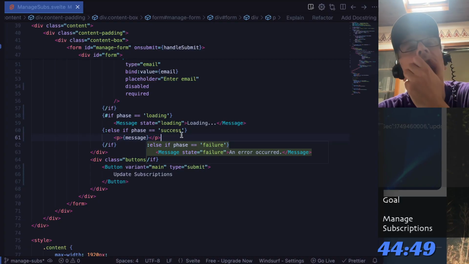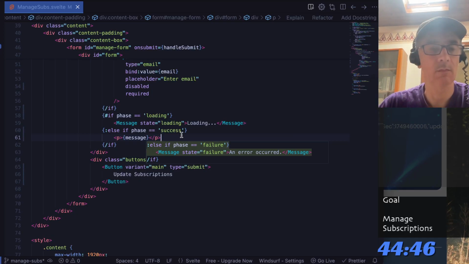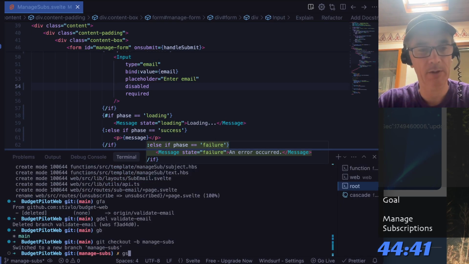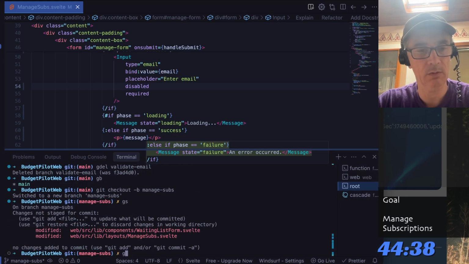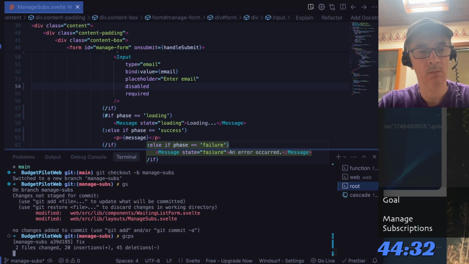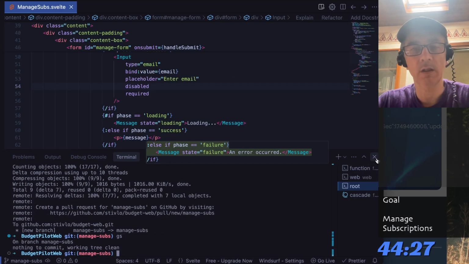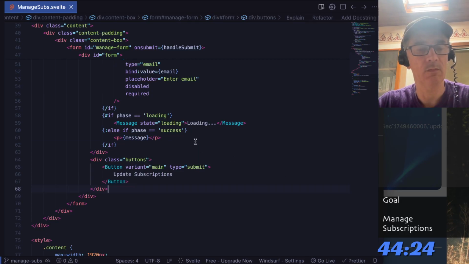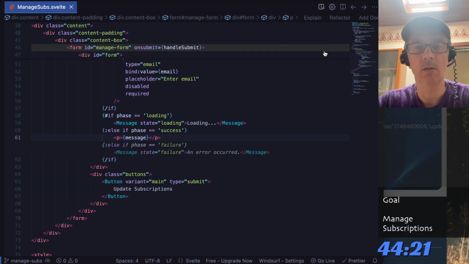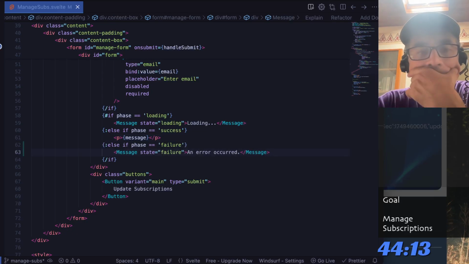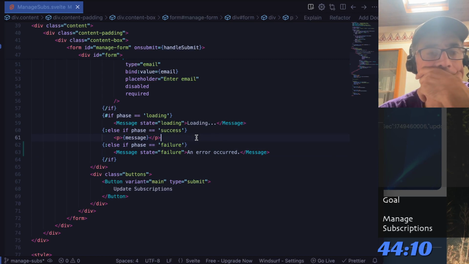But now, what if I want to add two checkboxes? For that, I'm going to first commit what we have because I'm going to ask the AI. I want to be able to revert easily. Okay, now it's committed. So what I'm going to ask is, yes, we need that. On line 61,